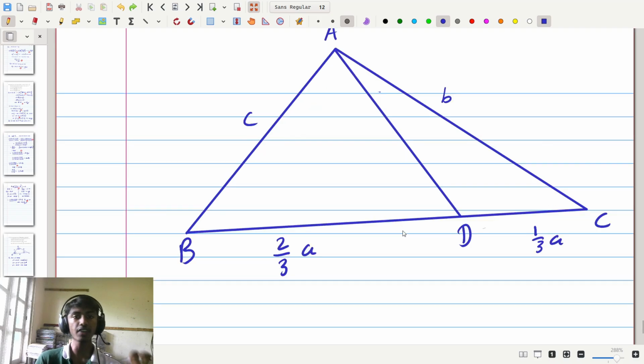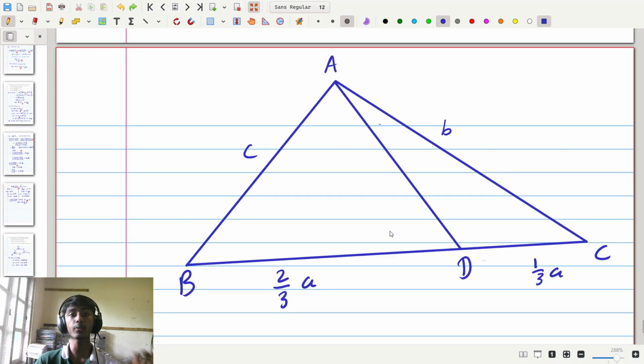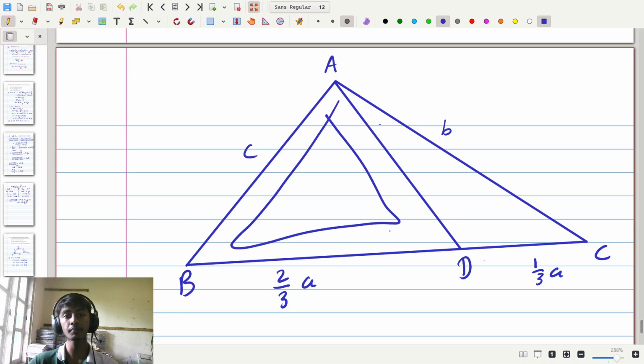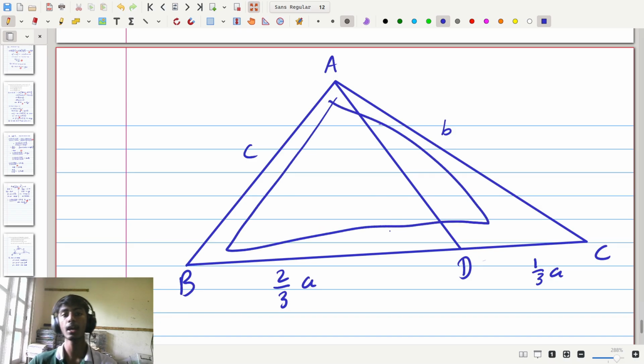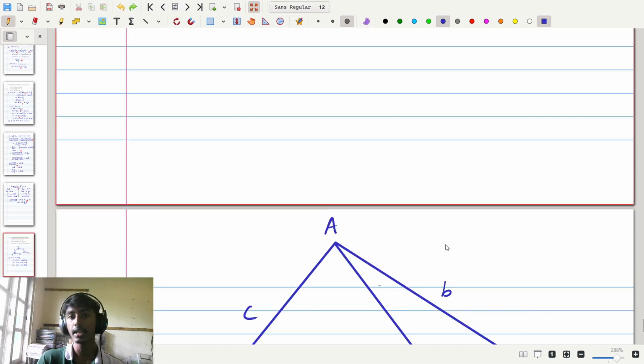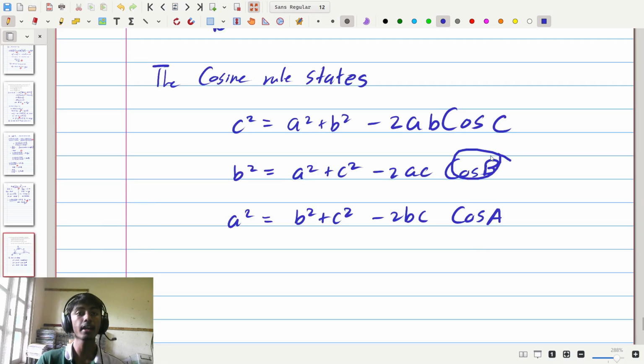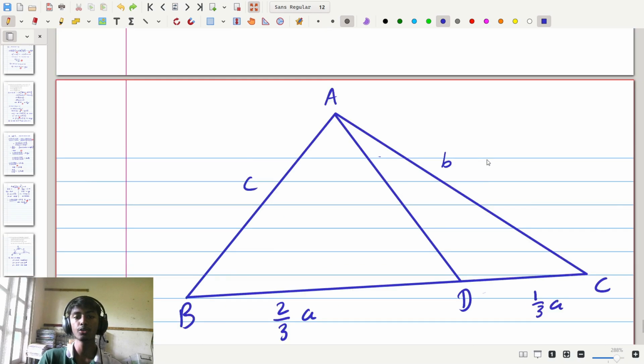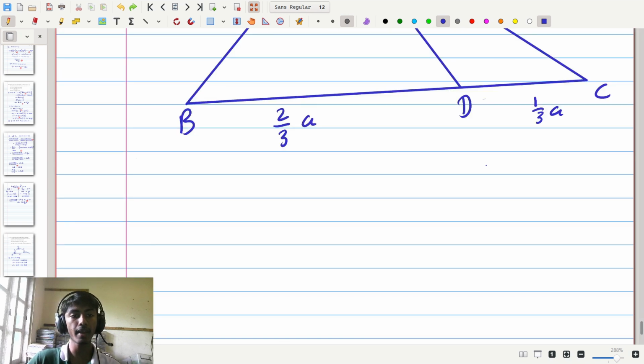Now in this case, I can see I can get the required equations by just using the triangles ABD and ABC, by taking the common angle B in both of these triangles and applying the cosine rule such that the angle at the point B is the angle that goes into the cosine in both of those cases. So considering that, I'll say applying the cosine rule,